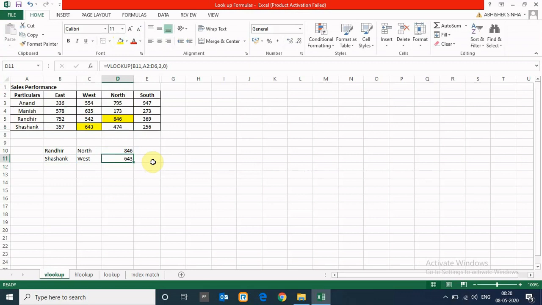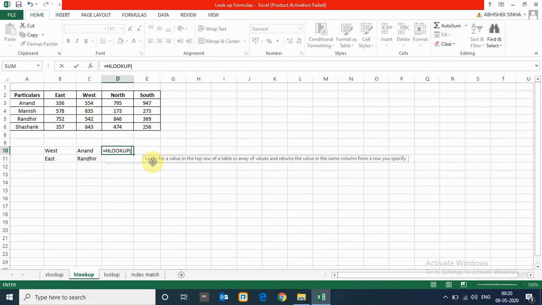Let's understand the HLOOKUP function then. So VLOOKUP provides the details from left to right direction. HLOOKUP provides detail from top to down. Okay, it is similar to VLOOKUP. HLOOKUP, lookup value. I want to know the west region detail of Anand. So I have to look from top.